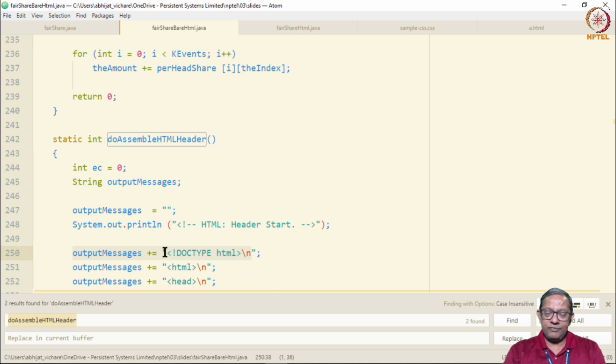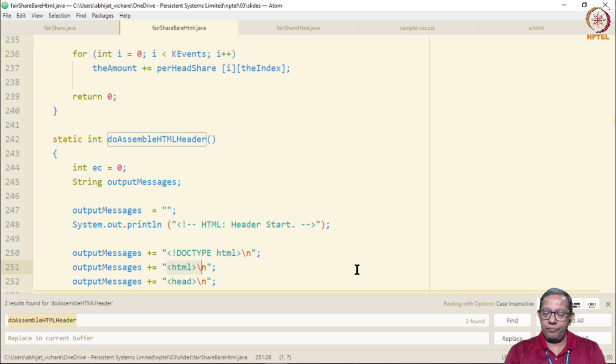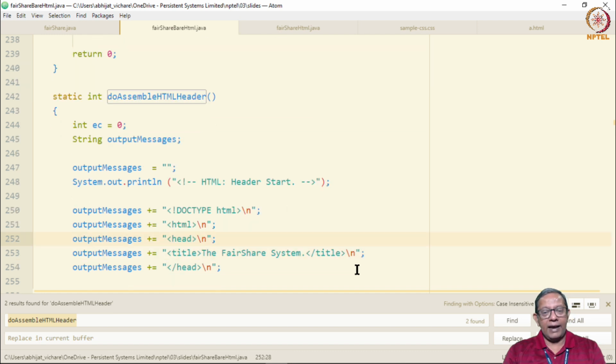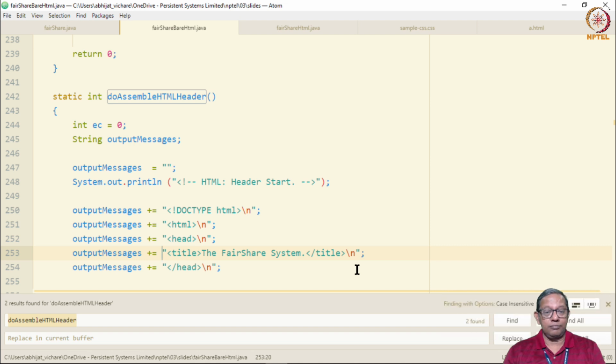For example, first it adds the document type declaration, then it adds the HTML opening tag, then the head tag, and here is where it adds the title of this document. Now this title has been chosen by us as a matter of design. How do we want that particular title to look?